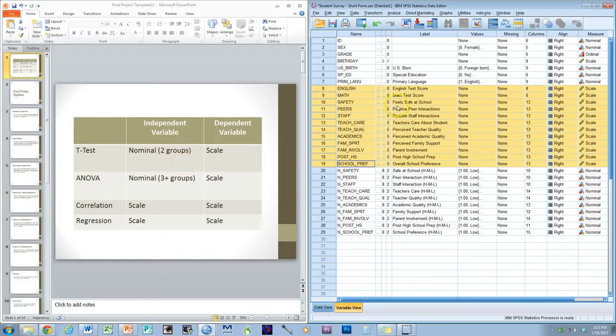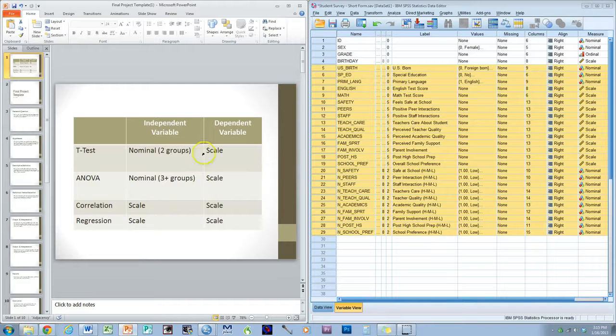Your independent variable can be, technically, I guess it could be sex, it could be grade, and it could be really any of these, right? So lots of options for independent variable. So you have to figure out what your research question is, what the levels of the variable are, and how many levels if it's nominal, and then pick out the test you're going to use based on that.